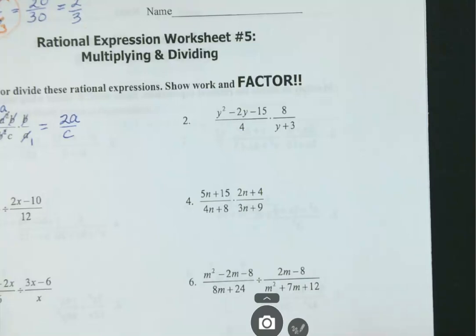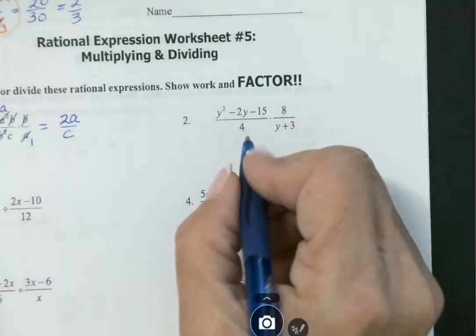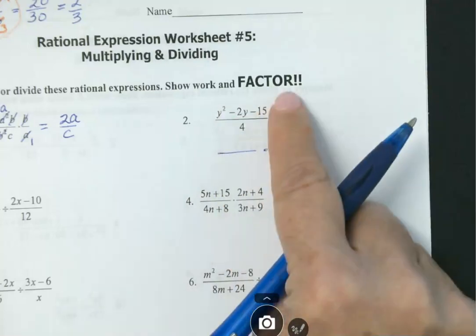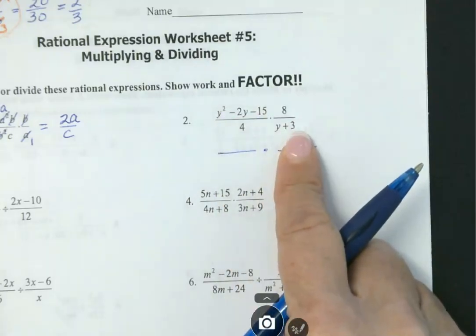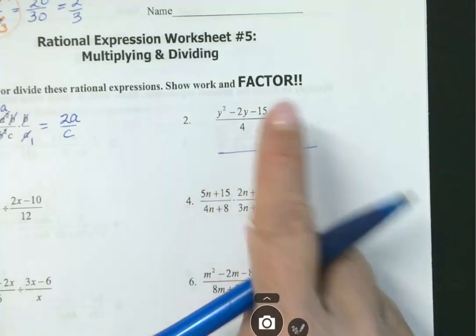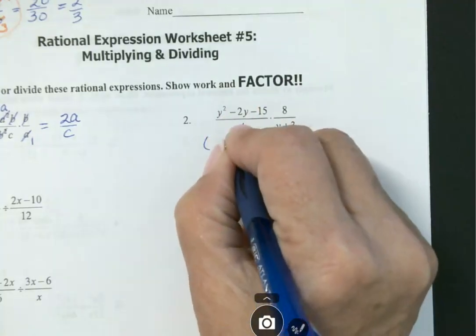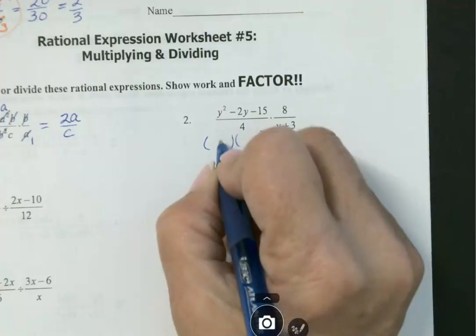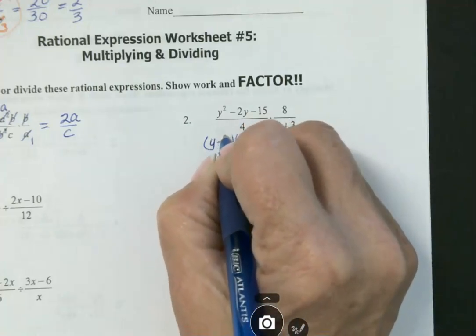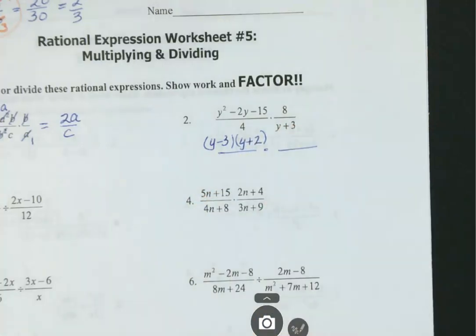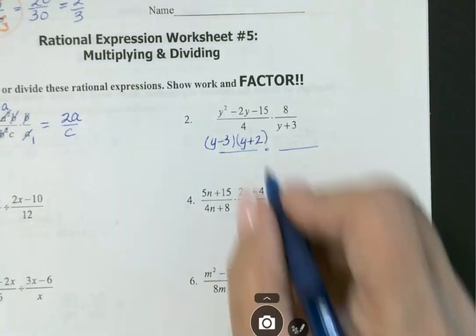So when I come over here to my multiplication, your first step that you're going to want to do every time is take all 4, okay, so this is like 4 problems in one sometimes, and you're going to want to factor them. So I need factors of a negative 15 that give me a negative 2. So this would be y minus 3, y plus 2, y plus,